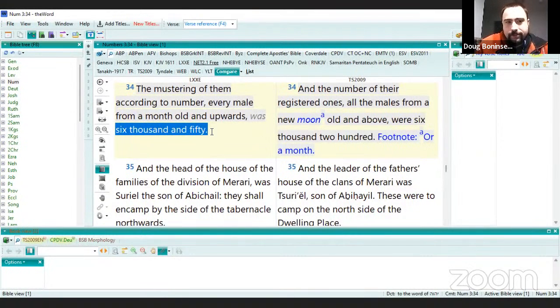So yeah, there's a difference in the numbers here of how many were a month old and upwards. 6,050, 6,200. Again, I can't give a reason why they would want to change that, other than there's some probably rabbinical tradition I'm not too aware of that they would want to change the number. But anyway,